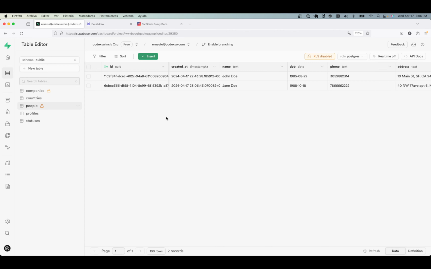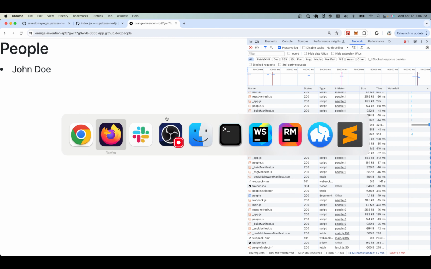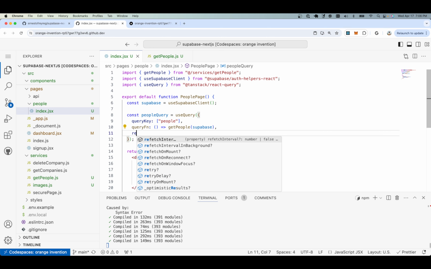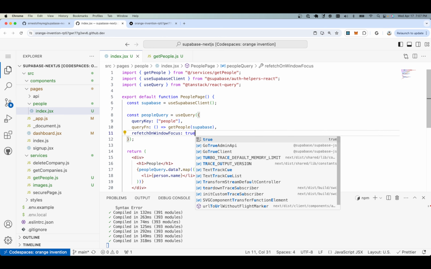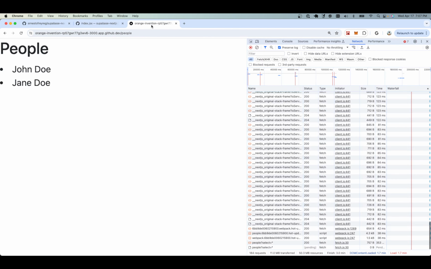By the way, you see that every time I go back to the page, it's not doing anything. There is a way in React Query that you can set refetch on window focus to true. That means that every time you go back to the page, it will refresh the data, right? That's part of React Query. So you see now it says Jane Doe, but if I change the name